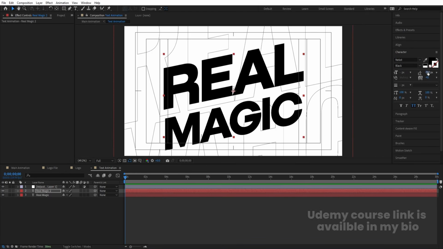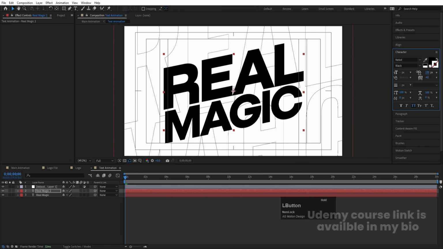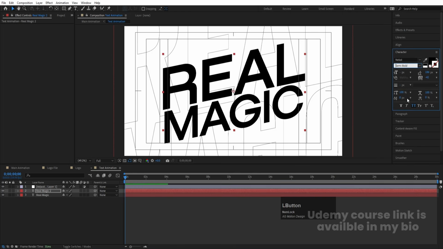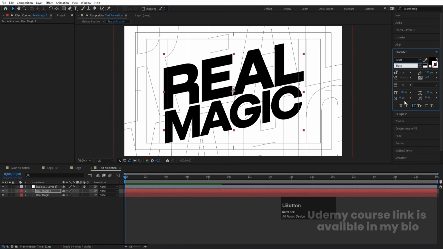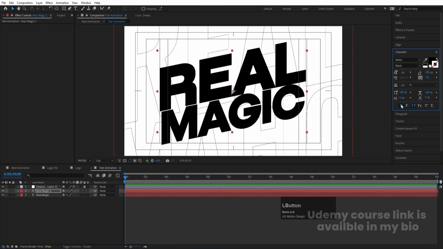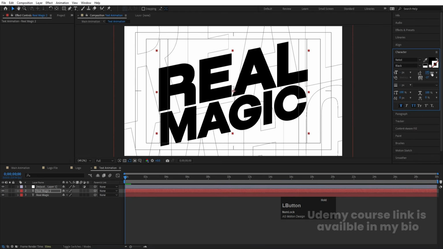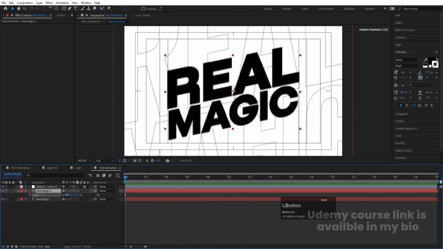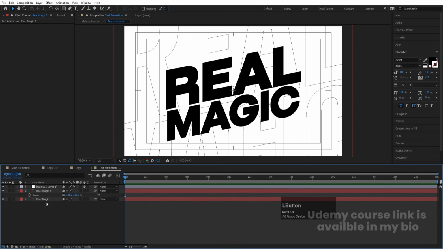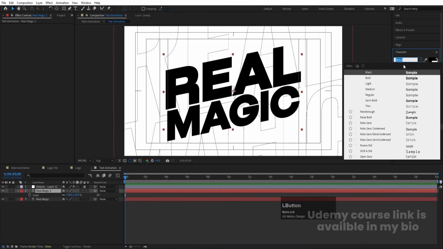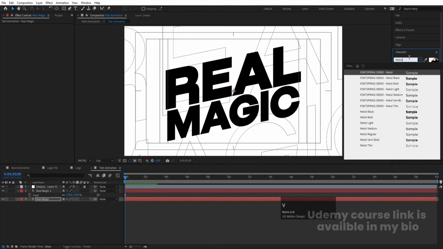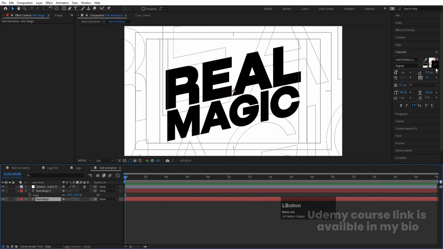Okay, so I'm going to go with this one. It's totally up to you. And I'm going to choose semi bold or even black, or you can choose this bold as well, and you can adjust the distance like this and distance like this. Okay, and you can select this, press S and adjust the scale of this. Okay, and you can select this, Control C to copy the font, select this, Control V to paste it like that, and make sure